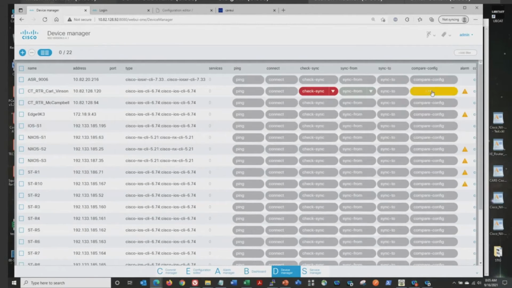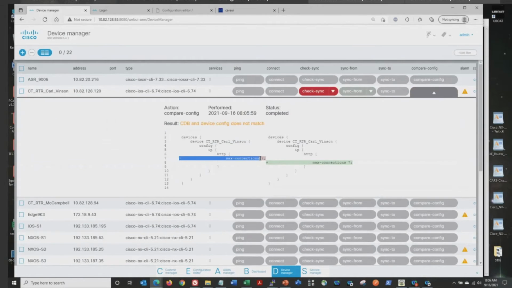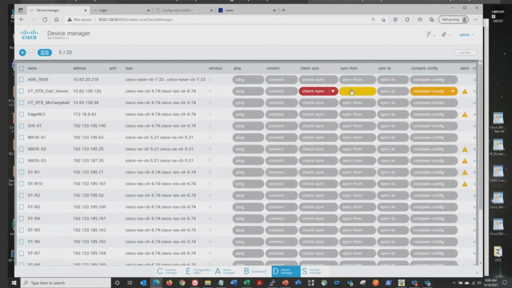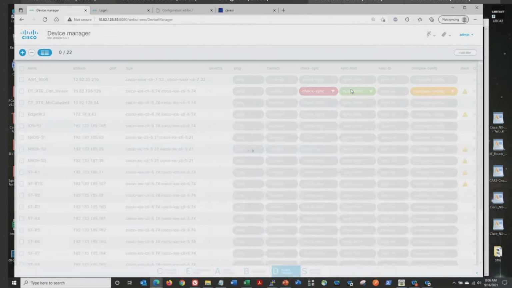If I do a compare config, it's going to tell me that max connections used to be 2, right? This minus sign, and now it's 7. So it's a very simple way to maintain state and view. If you have a baseline config that you want to maintain, or some kind of golden configuration, NSO, of course, gives you the ability to very simply know if there's configuration drift. And you can effectively return to baseline by doing a sync to. In this case, I'm going to do a sync from, meaning I'm going to accept that configuration into the database